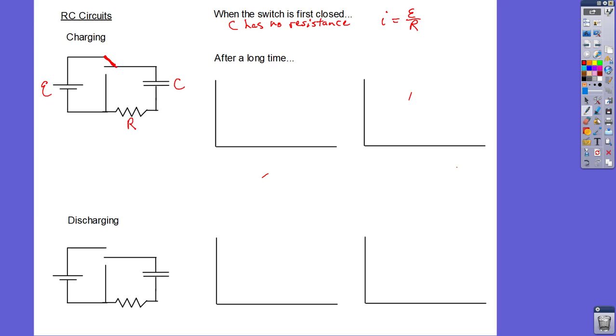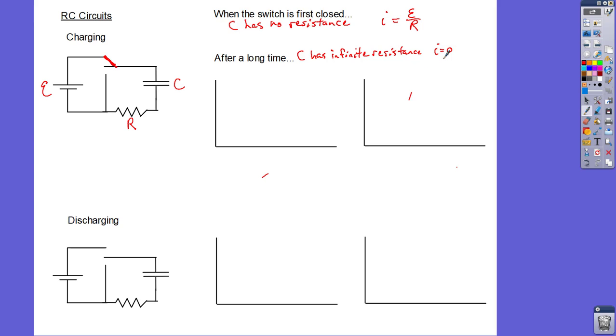Okay, and after a long time, so remember when we hook this up, instead of a resistor, when we put a bulb in there, when you first close the switch, the bulb is bright, and then it goes dimmer and dimmer and dimmer and goes out. So as the capacitor charges up, it finally reaches a maximum. And so after a long time, basically C has infinite resistance, which means that I is equal to 0,